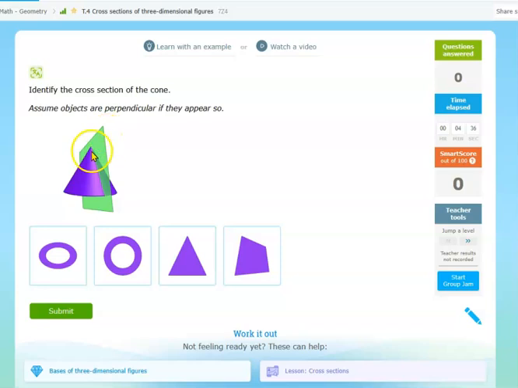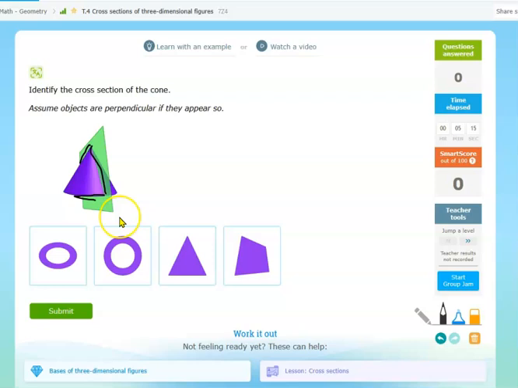So if you were to take a cone, imagine an ice cream cone, and cut that ice cream cone in half, you can imagine this little green plane to be like a knife cutting it in half. What would it look like on the inside when you open it up? You have to think about how you're cutting that ice cream cone. If you were to cut it sideways into pieces, you might think that one of the first two answers would be correct, but that's definitely not what is going on here. They are slicing this ice cream cone down like this,